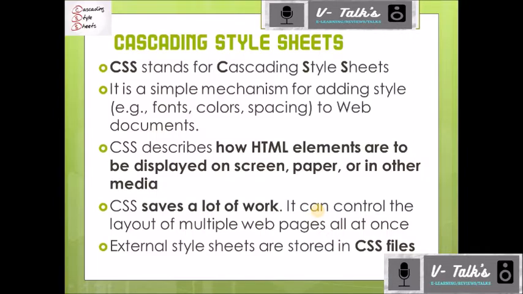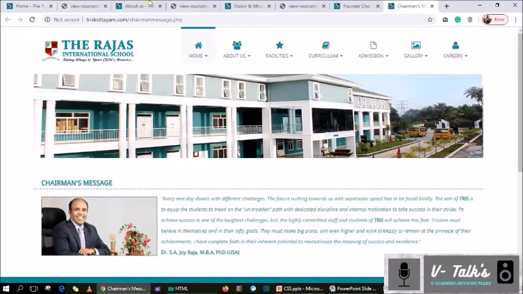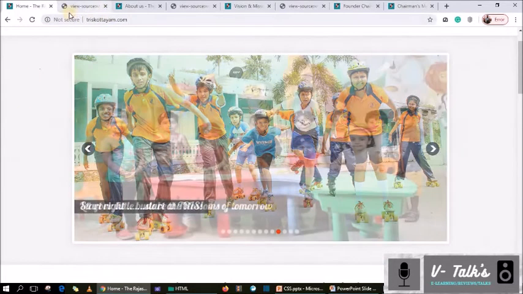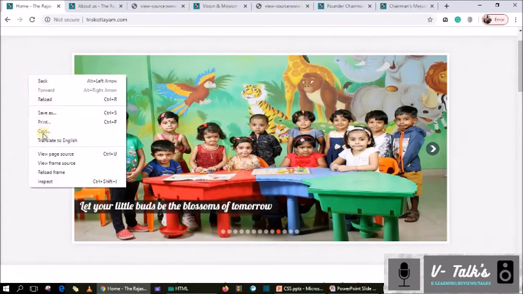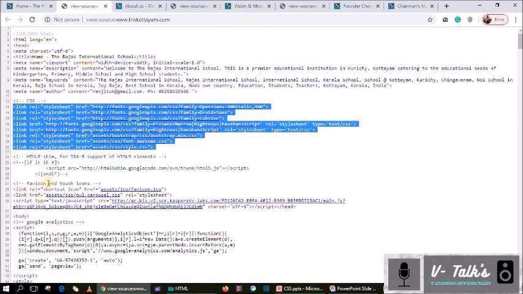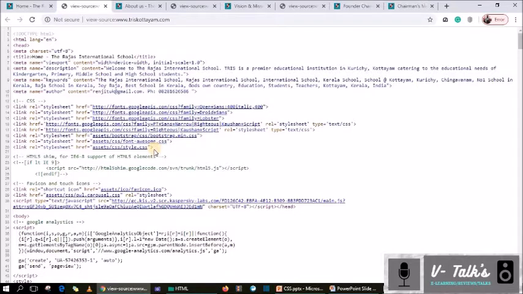Okay, for example, I will show our website again. Here you can see that this is the home page of our website, and when I right click and choose the view page source option, you will get the HTML codes. Here you can see style sheet. These style sheets are all connected to this particular page, home. That means you don't need to give the font or other styles again here. Whatever styles we described in the style sheet, in the CSS, will be applicable here because we already connected the page here. I will show you how to connect and everything.